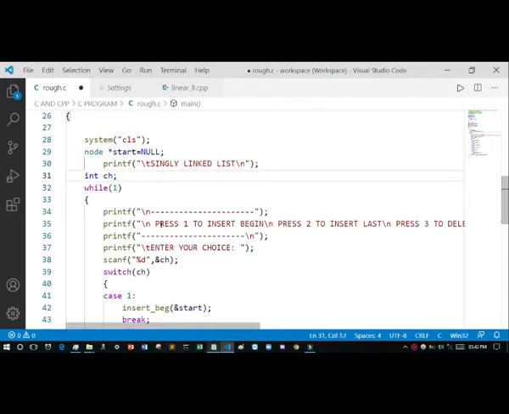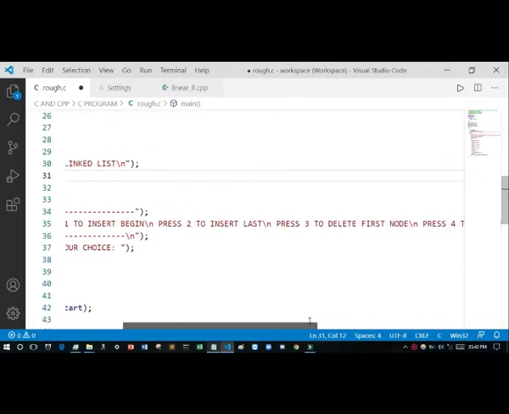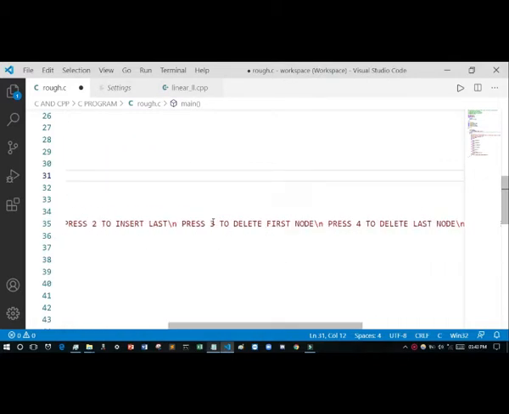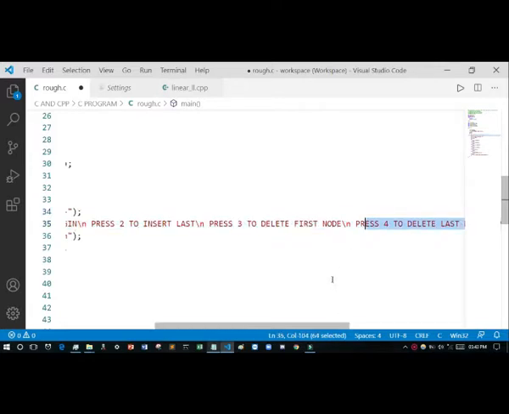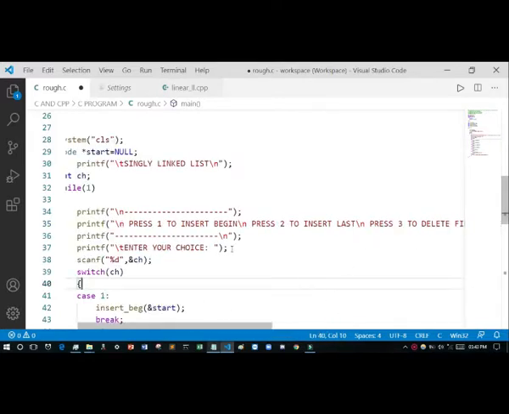I have used printf: press 1 to insert beginning, press 2 for insert end, press 3 to delete the first node, press 4 to delete the last node, press 5 for display, and press 6 for exit.